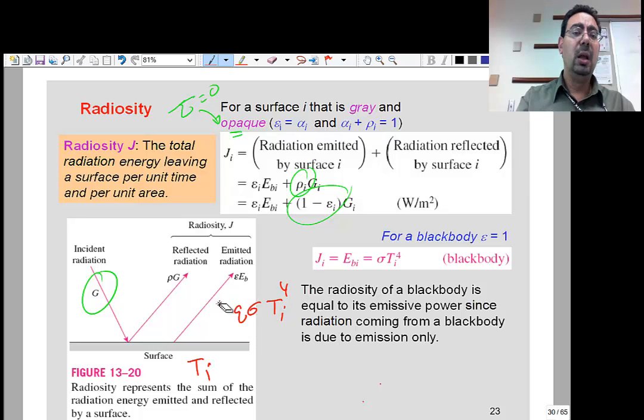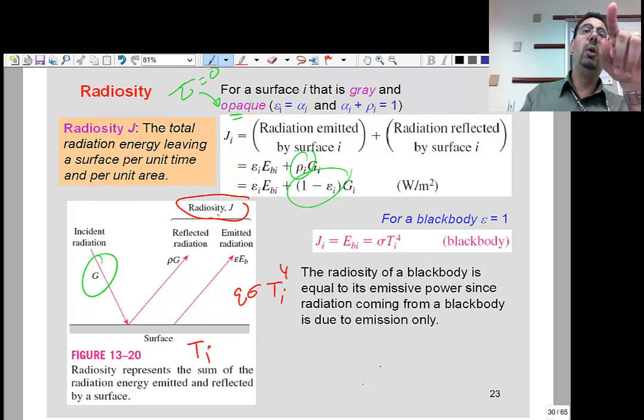Right? As a black body, you would basically just radiate this, the sigma T to power 4. But for a gray body, he also reflects some. Okay? So out of the incident radiation on him, G, coming from everywhere, he will radiate rho G. It's kind of reflection. And if you add this plus this, that is the total leaving you. This is called the J, and it's radiosity. And this page will look a little bit puzzling,